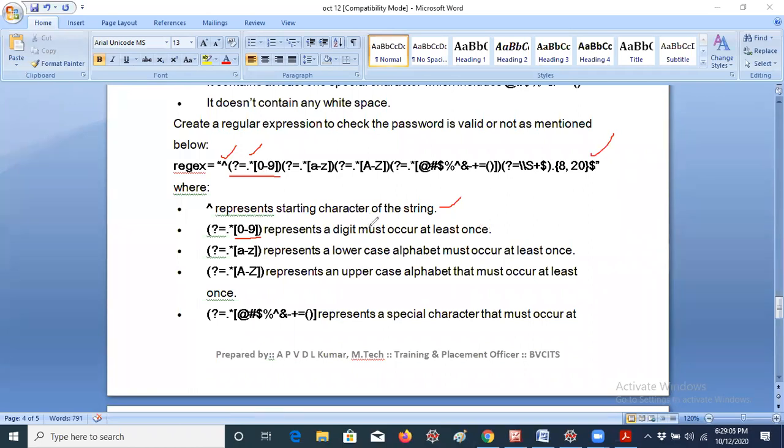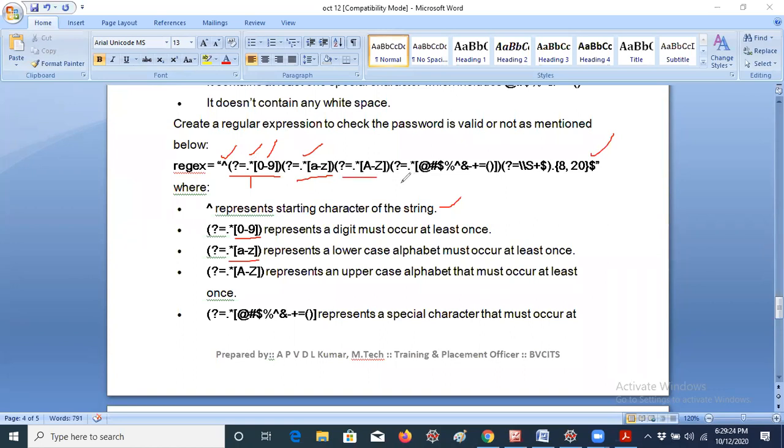For example, if you would like the same with alphabets, just remove 0 to 9 and add A to Z. Here this part is completed. Now this part is also completed. So everything, that means your regular expression contains numbers as well as alphabets, that is lowercase letters, as well as uppercase letters.